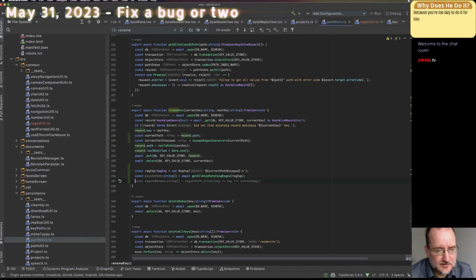Okay, keys in path. Okay, then we do for